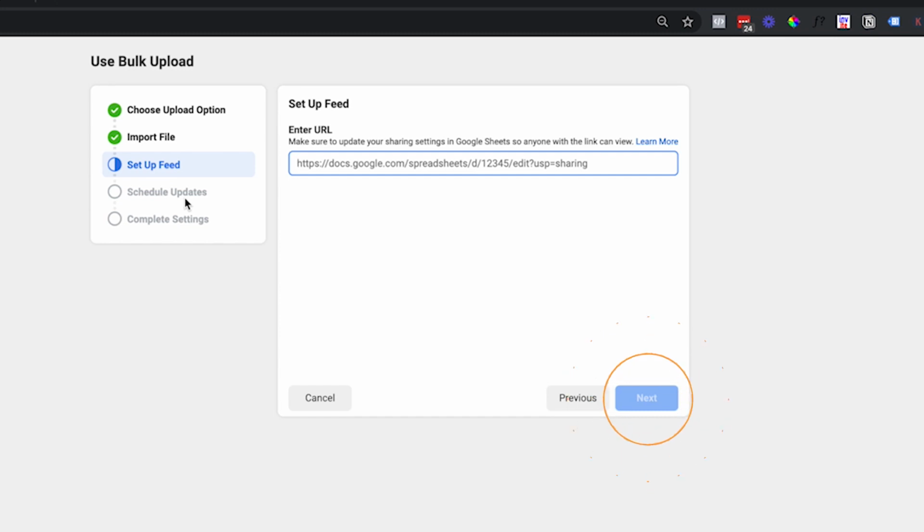This is not something that you would manually do. If you're manually doing it, do it the way that I showed you previously. This is for an automated setup where your Google Sheet is getting updated by your backend system on a regular basis. You simply go through the process, click next, and it will update the items.